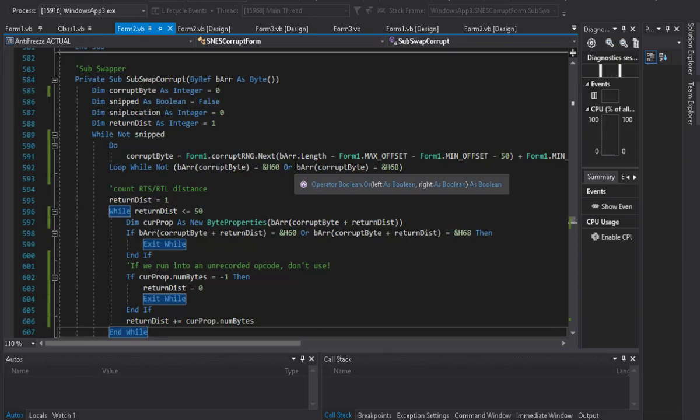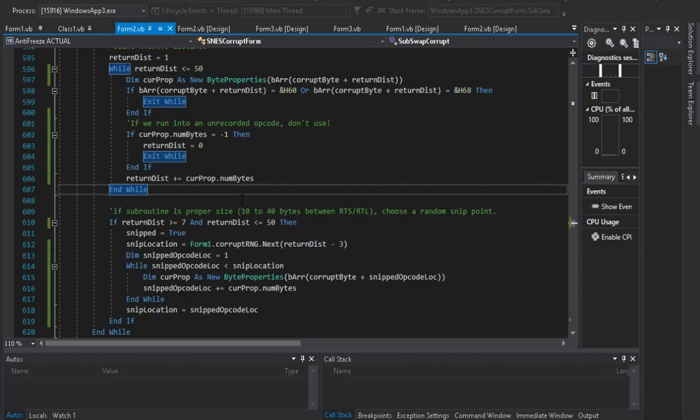And then if it is a return call, or at least a potential return call, then we go to our loop that determines the return distance. The return distance is the number of bytes between returns, but not counting bad bytes. So, for example, this is what's called byte properties. Byte properties is basically